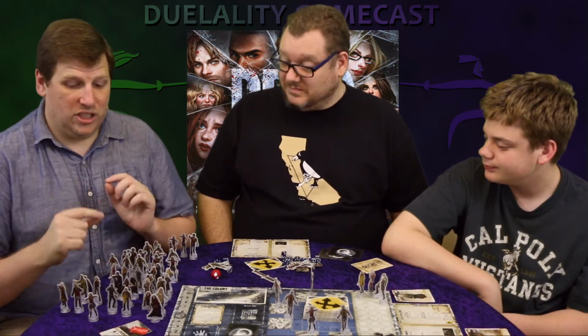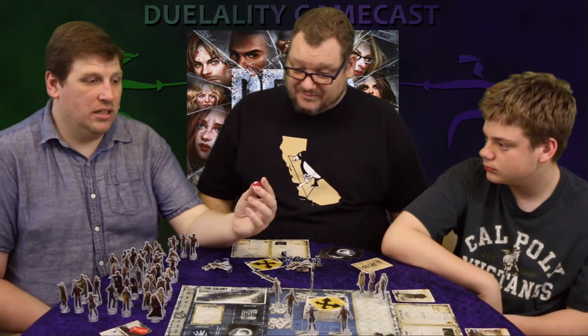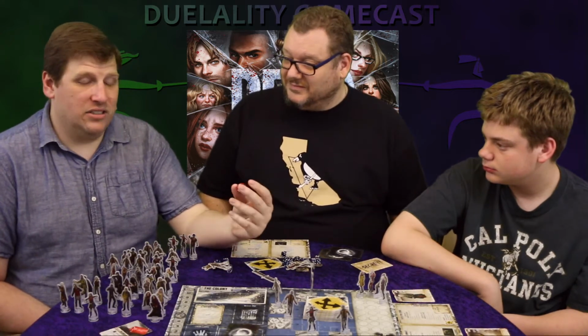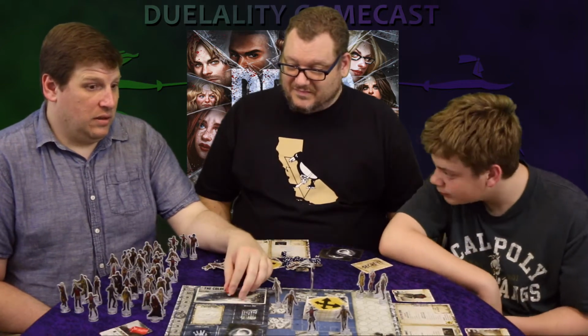On your turn, you're spinning your dice to do a couple actions. You're running around the board, trying not to get eaten. The big thing is this dice right here. There's a small chance, 1 in 12, that your character just dies instantly every time you try to do something,